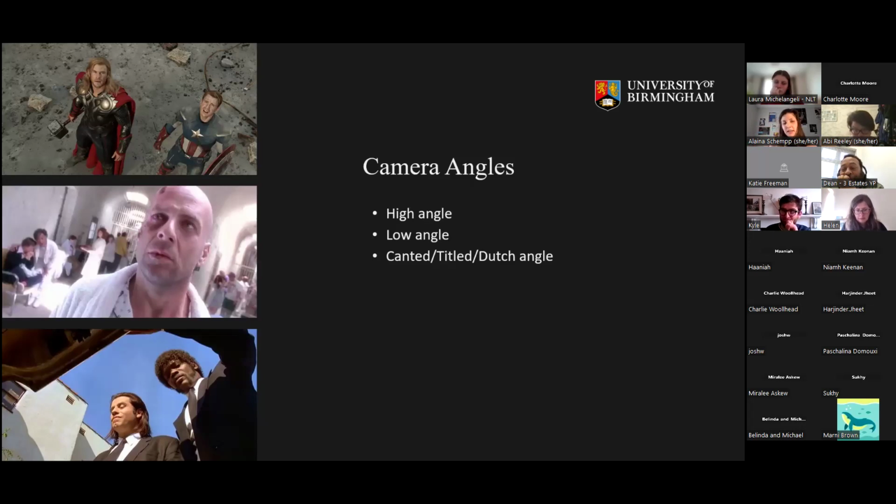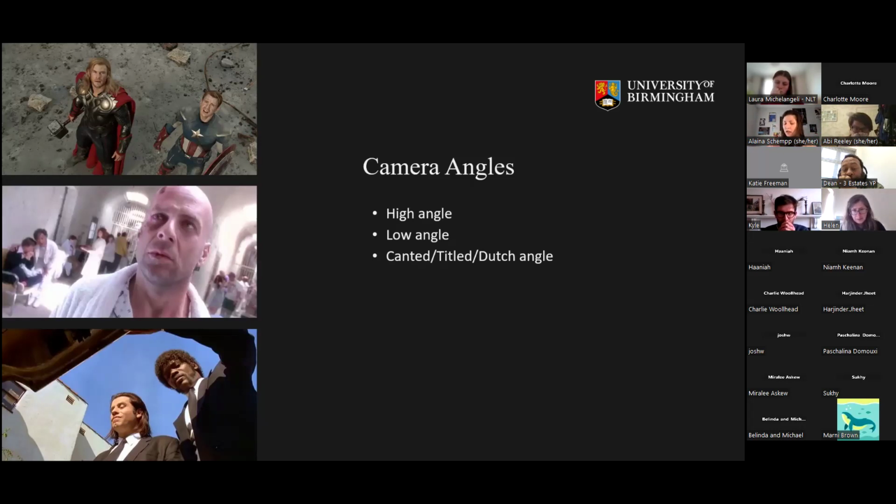The next example underneath that's from a movie called 12 Monkeys. This is a scene where Bruce Willis is trapped in a psych ward. And so we've got what's actually called a Dutch angle. It's when you tilt the camera this way, and you get a strange angle, which is in keeping with the fact that he's trapped in a psych ward. And then, of course, you've got a low angle shot in the bottom example,